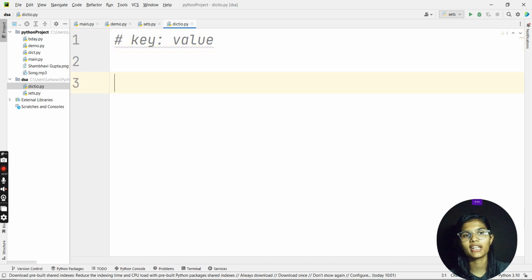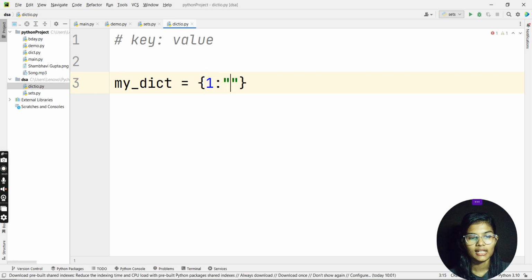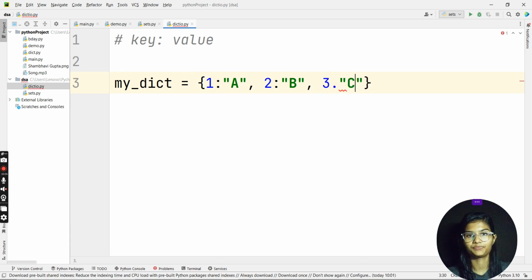Yeah, let's start writing things, and then we'll slowly and gradually understand more. Fine. So I can declare a dictionary, my_data, and put in curly brackets here, and for this I'll be defining a key and a value. So let's say my key is 1 and the value for that is A, separated by a comma. My key is 2 and the value for that is B. Third, the key is 3, let's say, and the value for that is C. Okay, one second, not the dot, I require the colon.